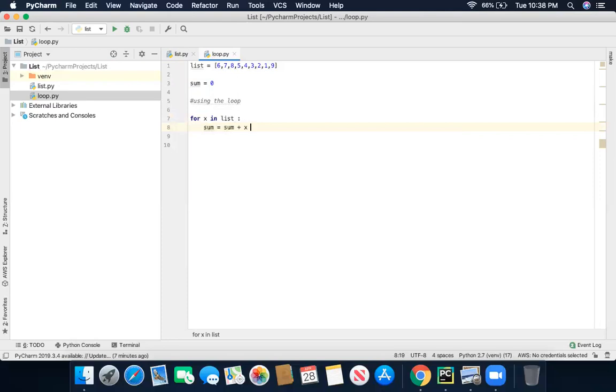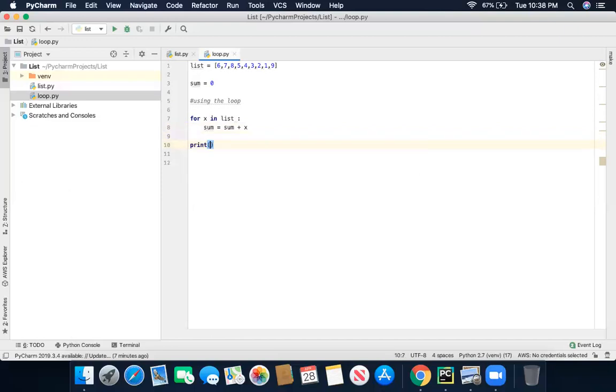So this will show you the sum of our list. It will show you the whole sum. So now after it, we just need to print the sum.